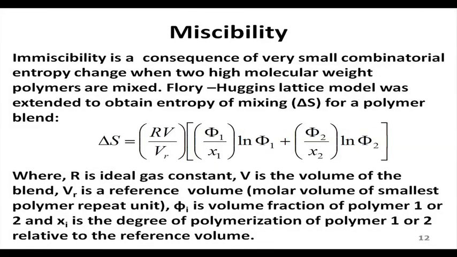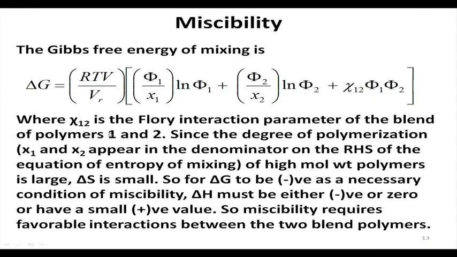So, in that case, x 1 is the degree of polymerization of component polymer 1, and x 2 is the degree of polymerization of component polymer 2, and they represent their corresponding molecular weights. So, we can utilize this model in order to calculate the entropy of mixing of the two component polymers, and